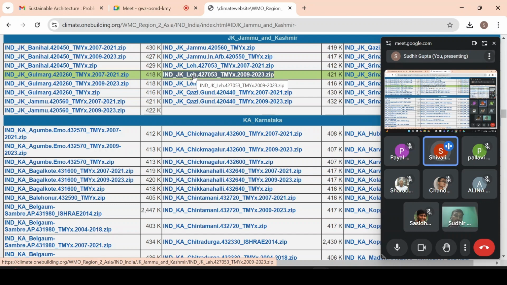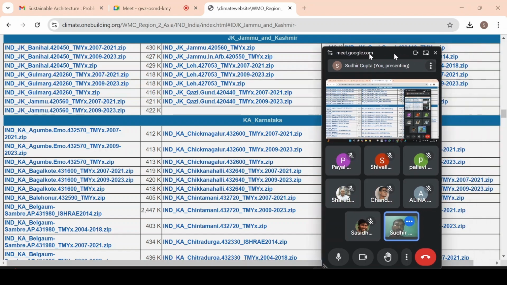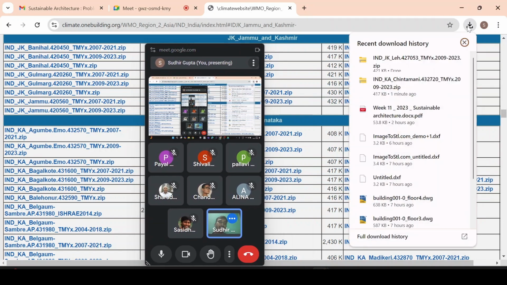This is One Building. Search in Google, One Building climate, first of all. Then you have to select Asia, then select India, then select the state Jammu and Kashmir. Then you can download it. All of you try to download. So once it is downloaded,